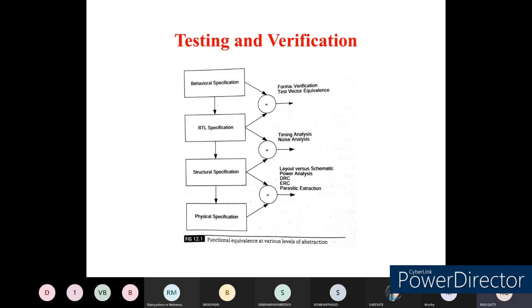So we use the simulation software. Generally we are going to use VHDL or Verilog or SystemVerilog in order to do the simulation of the particular subsystem of the VLSI design. And then after arriving at the behavioral specifications, the next one is what we do is we go for the